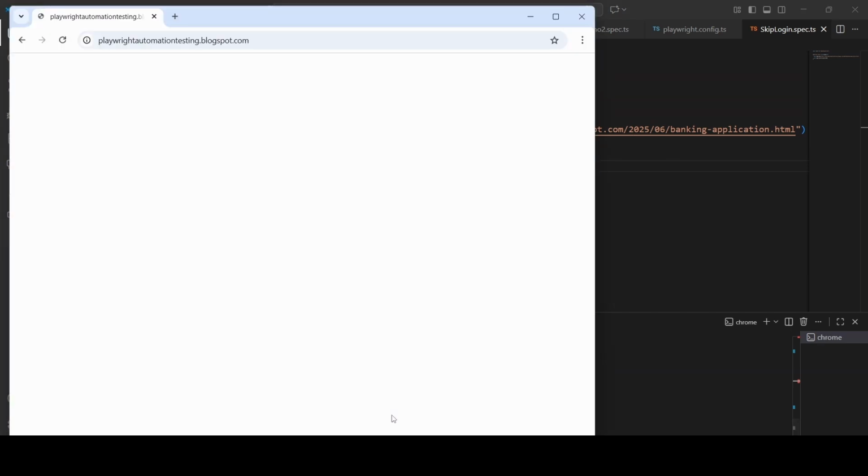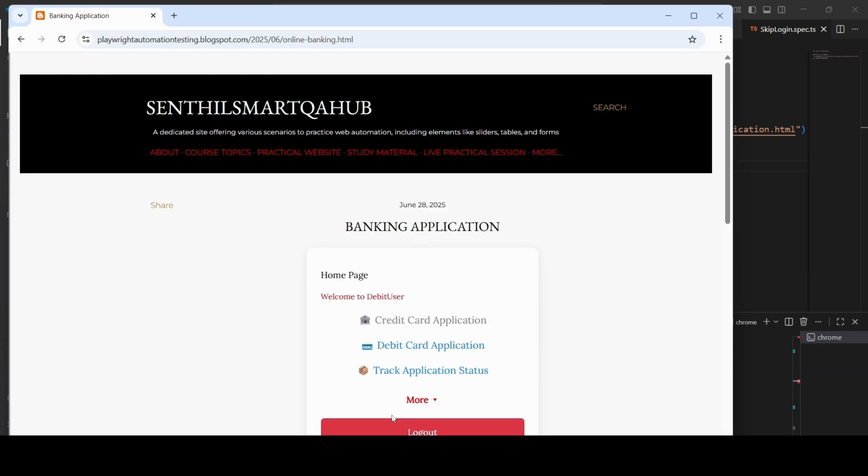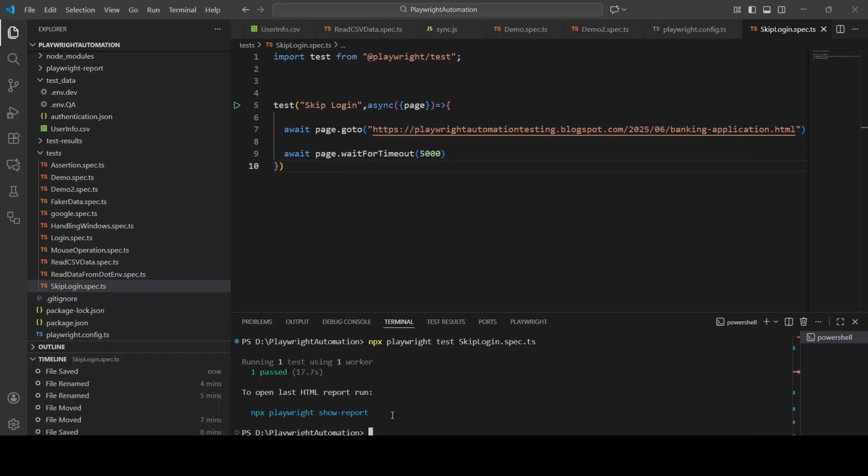Now it will directly open the home page. So in Playwright, we use the storage state to skip the login. Further, in whatever scripts we write, the storage state is loaded. For every script, we don't write